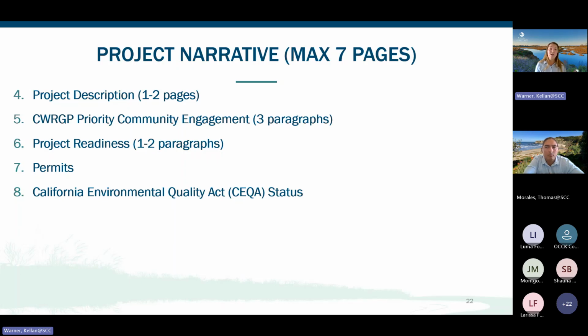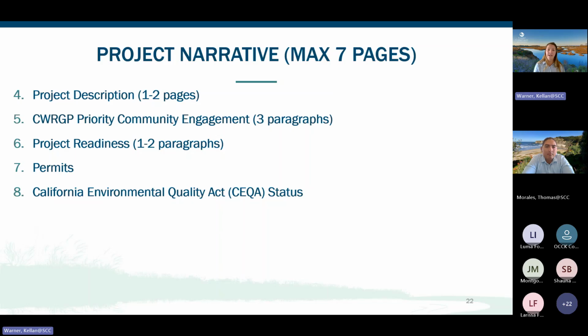We've also seen larger orgs that have a higher capacity apply for the grant, but include smaller organizations as sub-grantees that actually receive the bulk of the funding. And lastly, we're asking you to describe any challenges or difficulties the community faces in accessing the area to be restored or enhanced. So again, for this section, what we're not looking for is for you to just check a